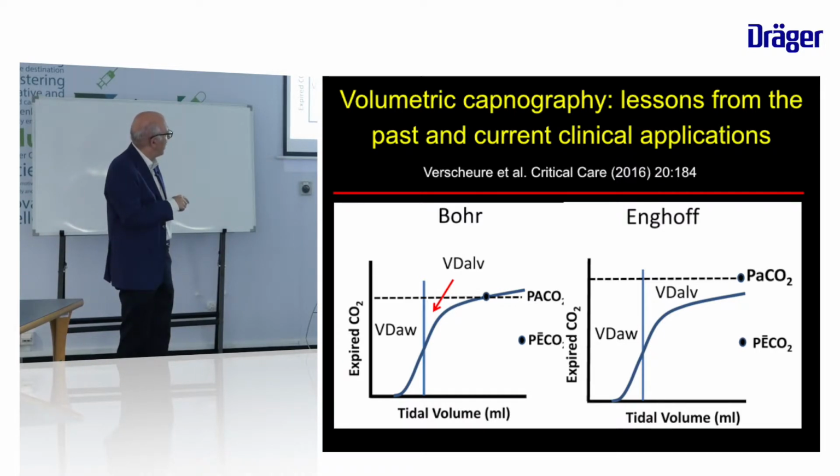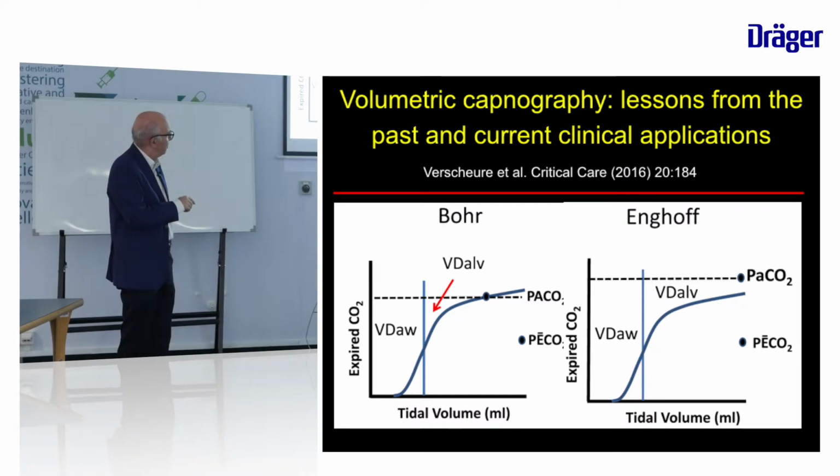And then with the Bohr method, you assume that the alveolar PCO2 is given in the middle of this second phase of expiration. With the Enghoff method, you have to measure the PaCO2, and sometimes this is not exactly the same as the